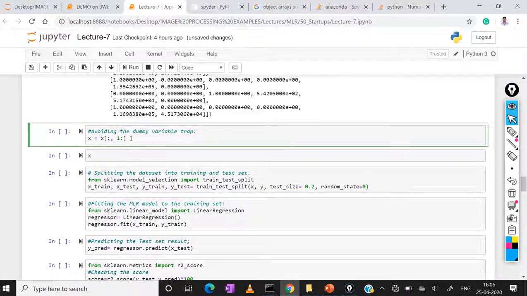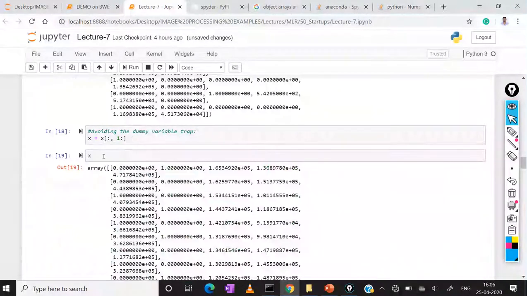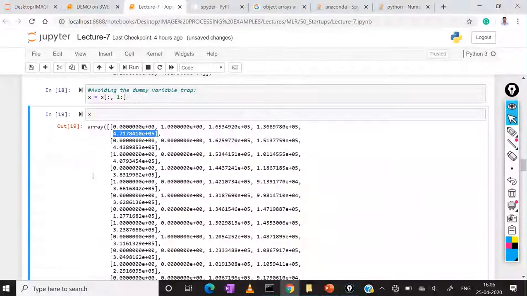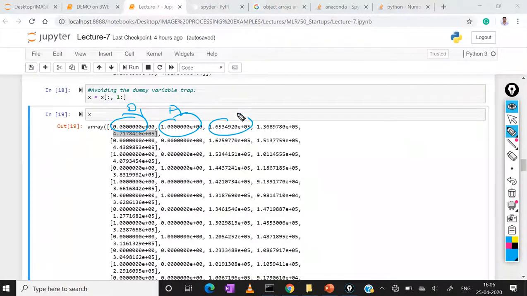So here only 1 2 3 4 and 5 are our actual input values: this is d1, this is d2, this is the R&D department, this is the marketing spend, and this is the administrative spend. Like that we divide the data set.